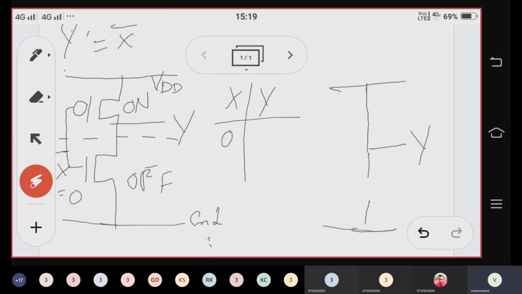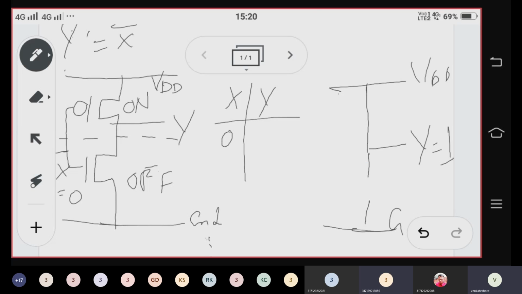Now it is a VDD line and it is a ground line. Now our output is connected to VDD or ground? It is VDD, sir. So the output is connected to VDD, means what is the output value? It is equal to 5 volts, sir. 5 volts, which represents logic 1. So whenever we are giving x equal to 0, I am getting output equal to 1.